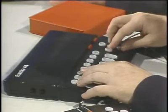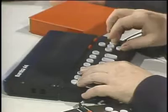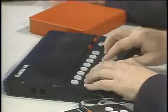If we want to add a little bit to that, we get to the end of the text here, and we